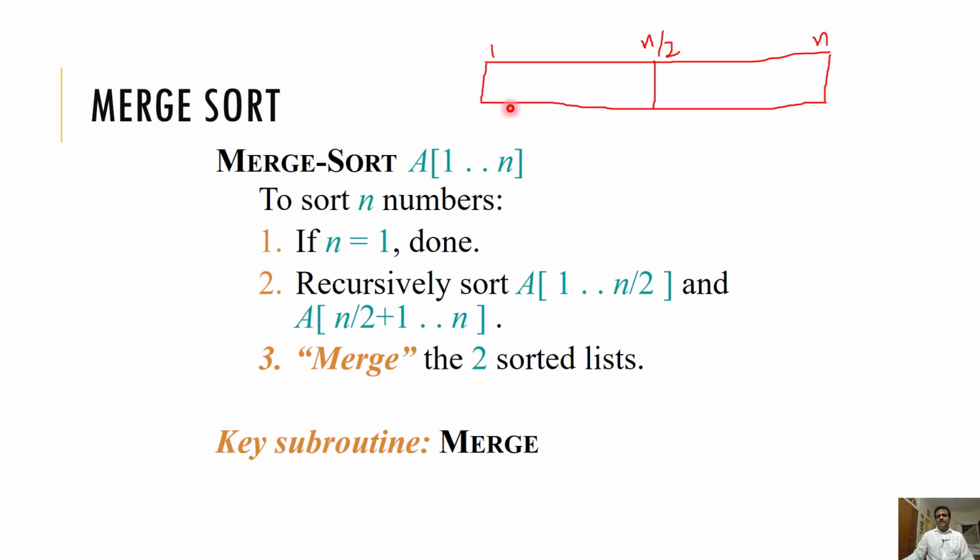So, this will be done by recursive calling. Recursively we call the merge sort on this subarray to sort it, we call the merge sort on this subarray to sort it, and once we get a sorted subarray, we call the merge to combine these two sorted subarrays to get a sorted whole array. So, that is basically the merge sort. So, we stop if n is equal to 1, because n equal to 1 means only one element,